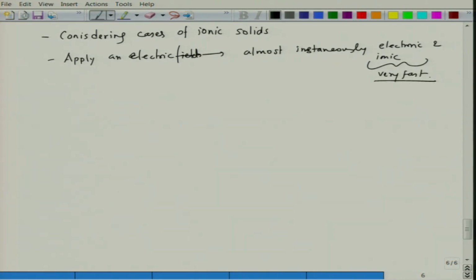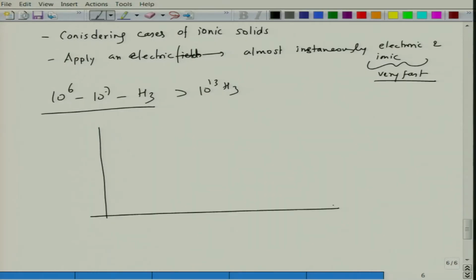So, when you apply let us say a field of frequency 10 to the power 6 or 10 to the power 7 hertz, which is very fast as compared to 10 to the power 13 hertz, right. You can see that there is a magnitude of difference, 7 orders of magnitude difference. So, when you apply an electric field of this sort of frequency, then generation of electronic and ionic polarization will be almost immediate. So, when you now plot this polarization as a function of time, then almost instantaneously I have a contribution from electronic and ionic, let us say this is P electronic plus P ionic,